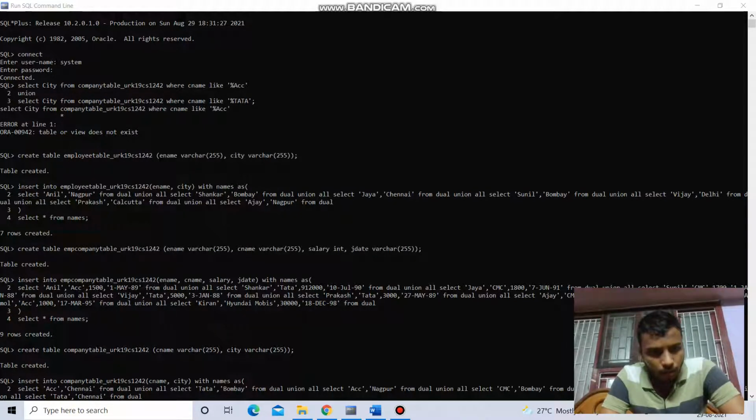Create the table company with the register number, the photo, and the varchar city, and the table has been created.